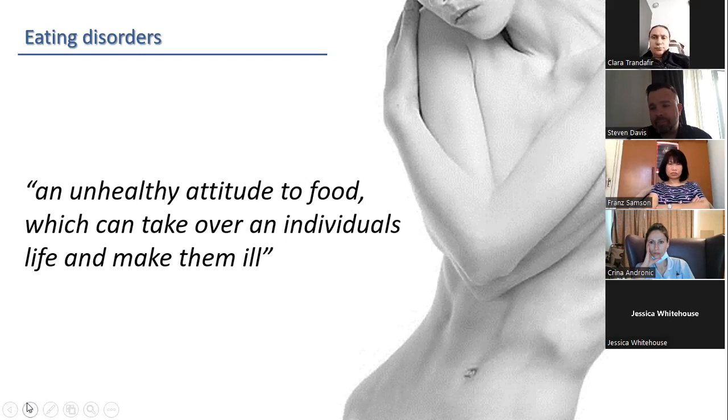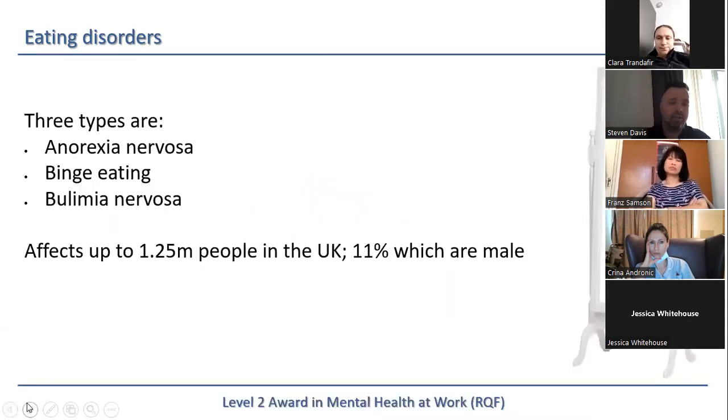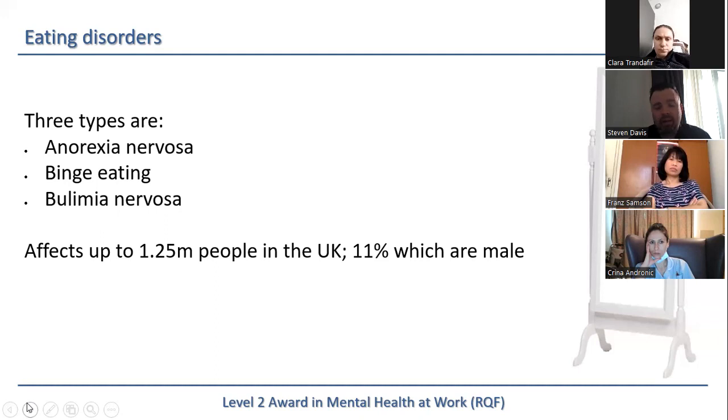What is the assessment tool for weights? MUST. MUST, wonderful. So we do our MUST score, and actually our MUST score is going to tell us a lot. There are 3 types of eating disorders. We've got anorexia, the complete weight loss where we go down to that really, really unhealthy thin weight. We've got binge eating, that uncontrollable eating, and again, it's a substance, that's what we're using it for. Or bulimia, where we get the purging, where we eat and purge.